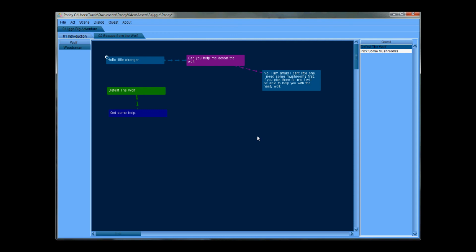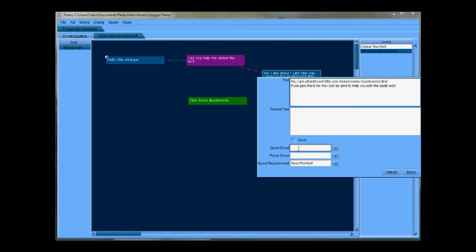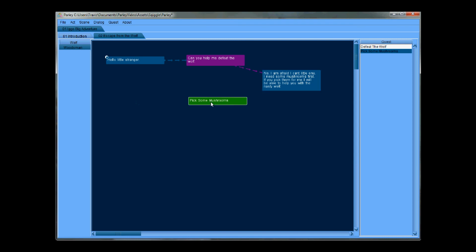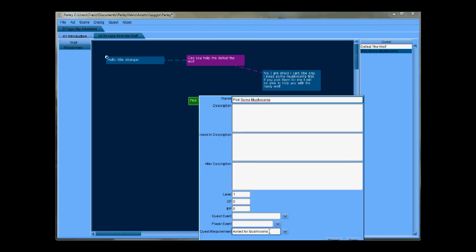Now we have to create the details for the Pick Some Mushrooms quest. We also have to trigger it. So if we bring the quest up onto the screen, you'll see that it hasn't got a trigger at this point. So if we create a trigger, a game trigger in here, a quest event will be get me some mushrooms. And when we click on the quest itself, just like before, we can select get me some mushrooms, and